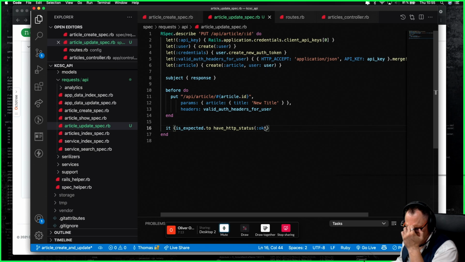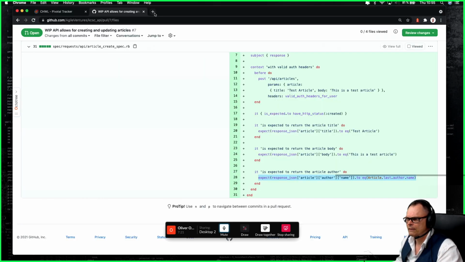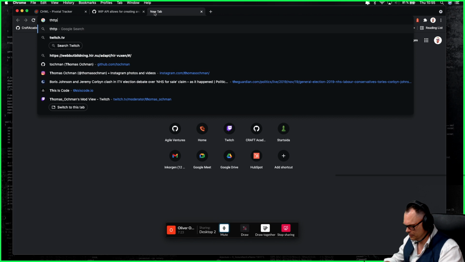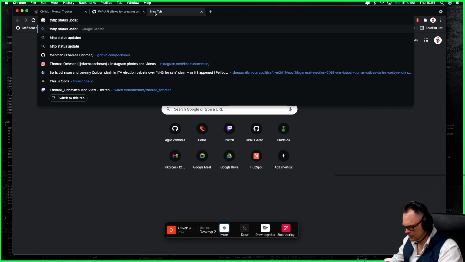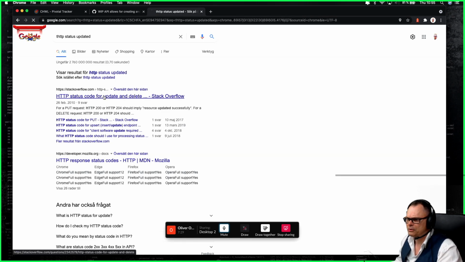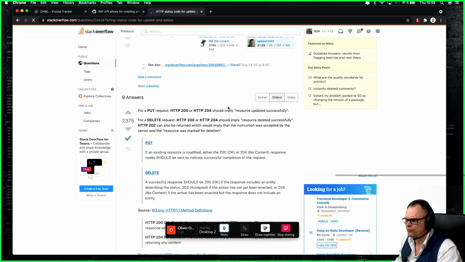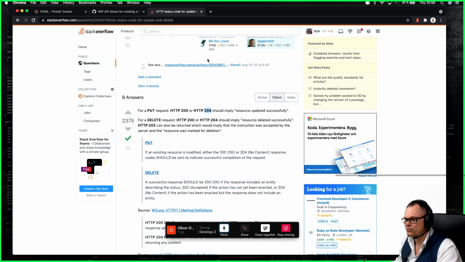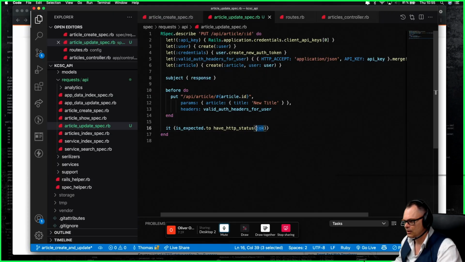But do we have a status for updated? Is there a status for updated? Let's have a look. HTTP status update and delete. 204 resource updated successfully. So we're gonna go for 204 on this one. I don't usually do that, but let's do it. Okay. So 204. We can remove the parentheses here. Right. And then it